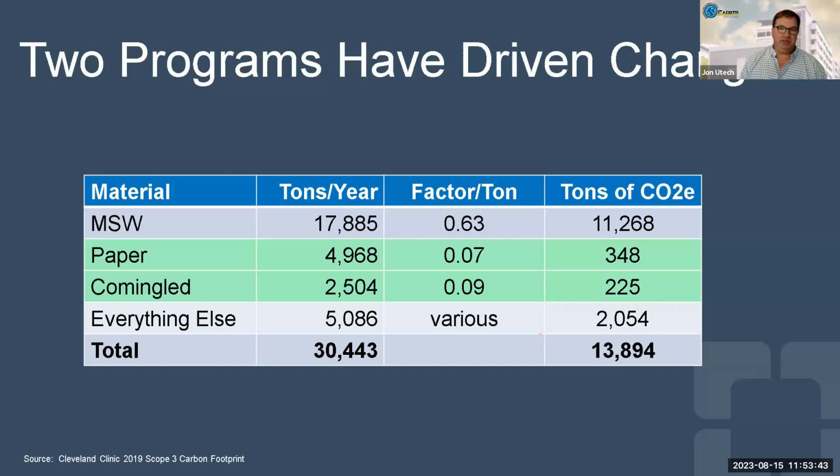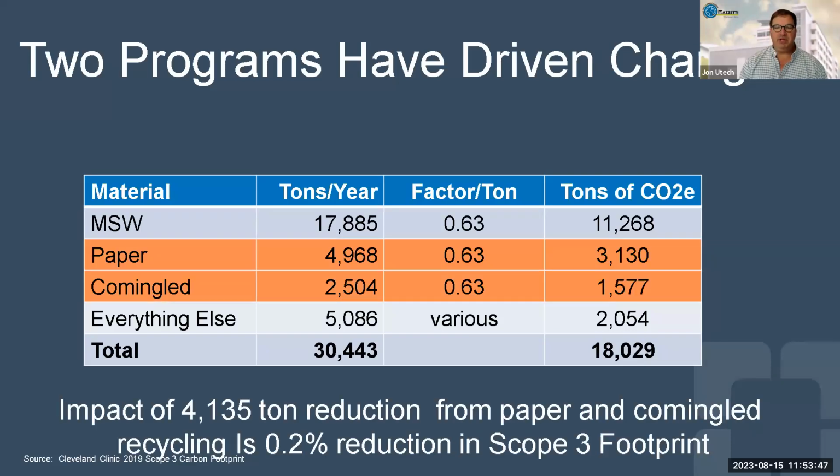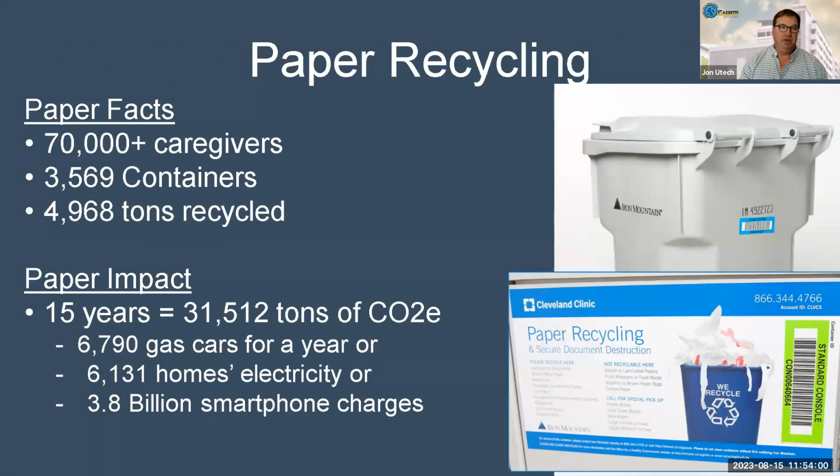This is our current footprint at 14,000 tons. Without the paper recycling, if I put those in at the landfill rate, it's 18,000 tons. So our recycling actually saves us 4,000 tons of greenhouse gases a year, which is notable. And we have